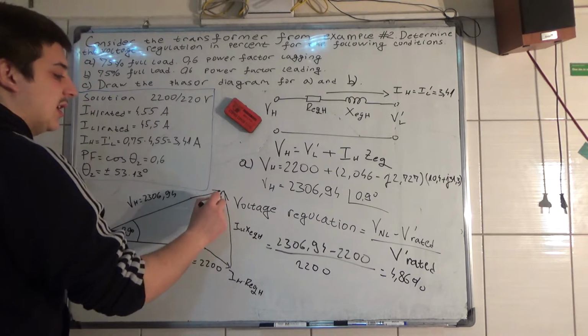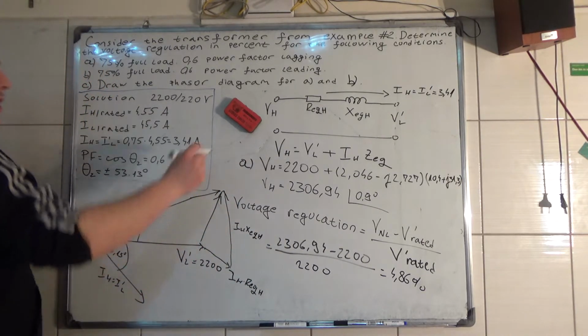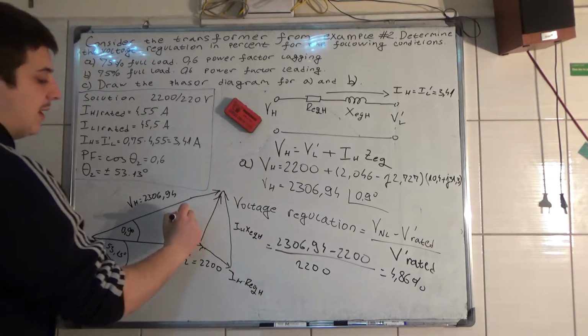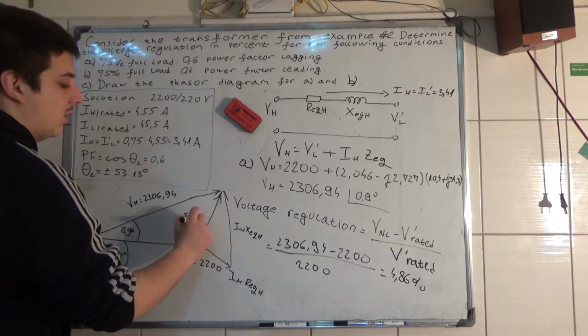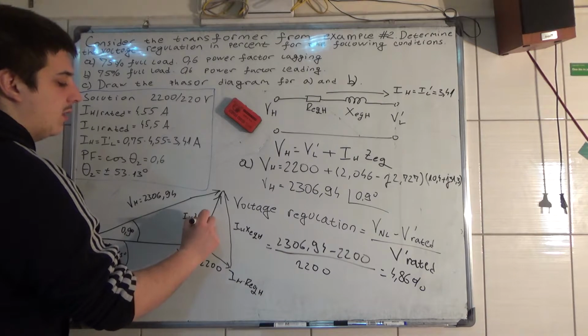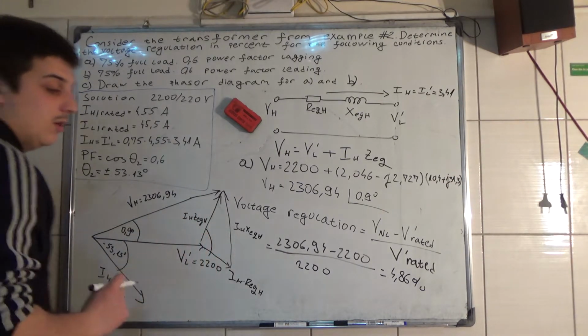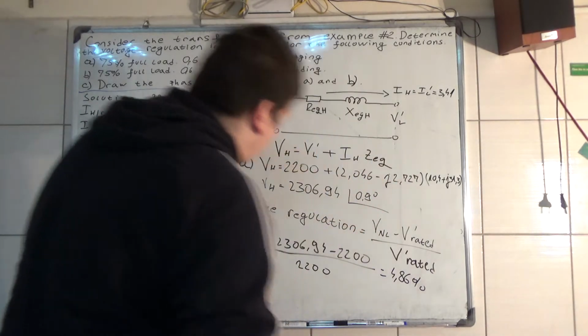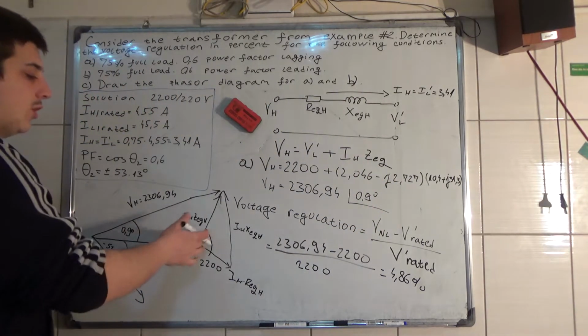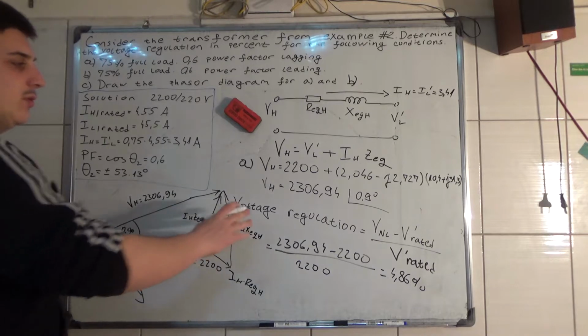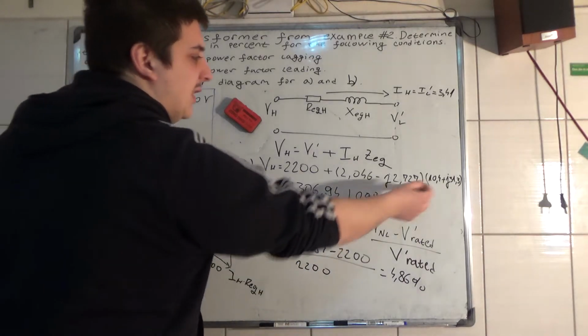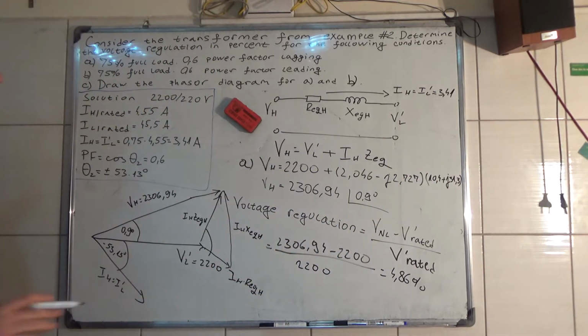And this is the internal voltage drop of the transformer. Well, you don't know how much this is. You need to know this value, but it's not important. Okay, now